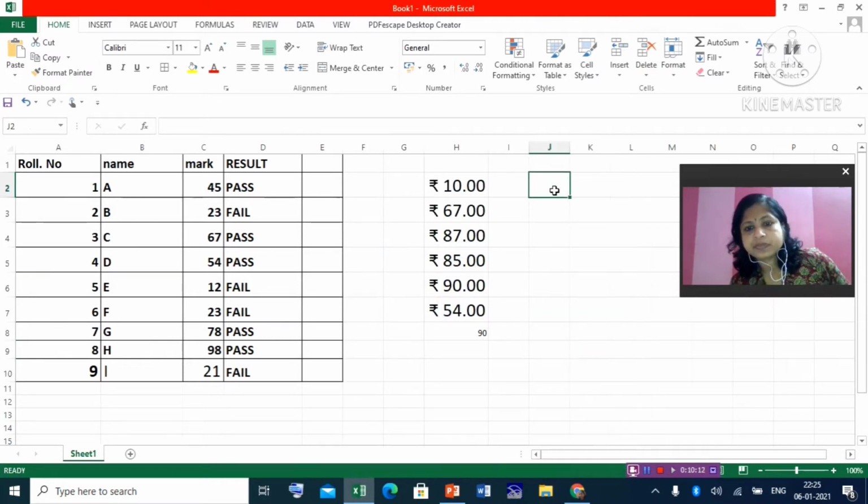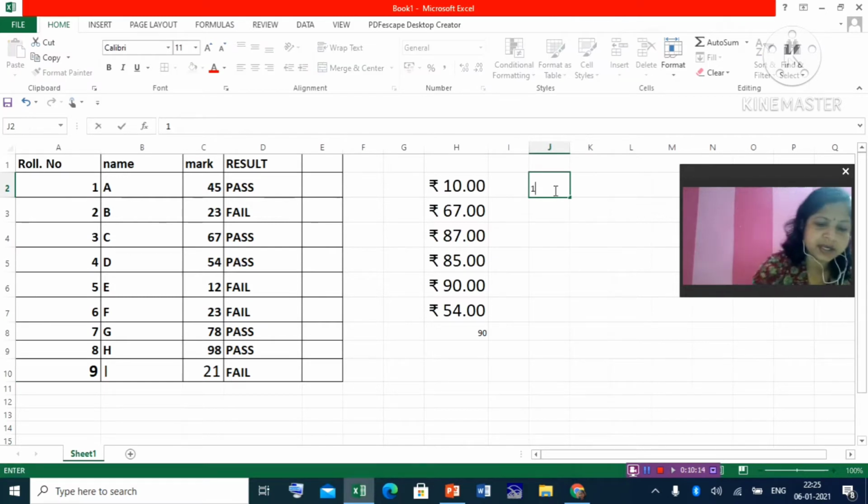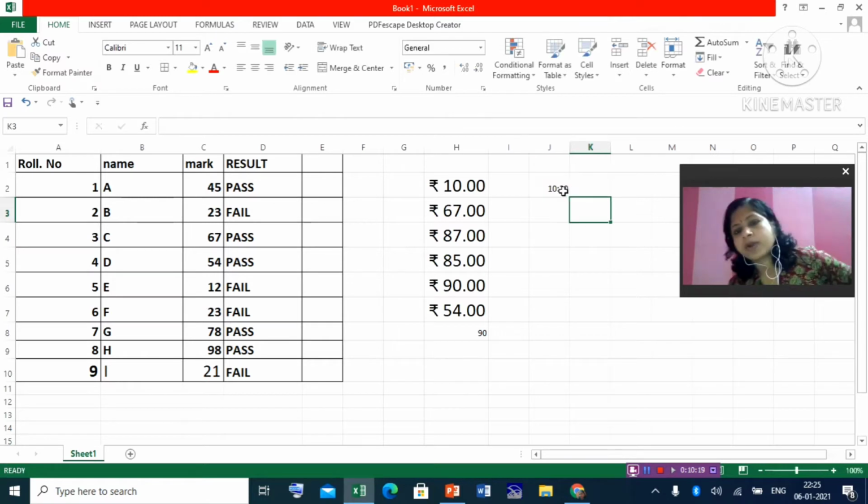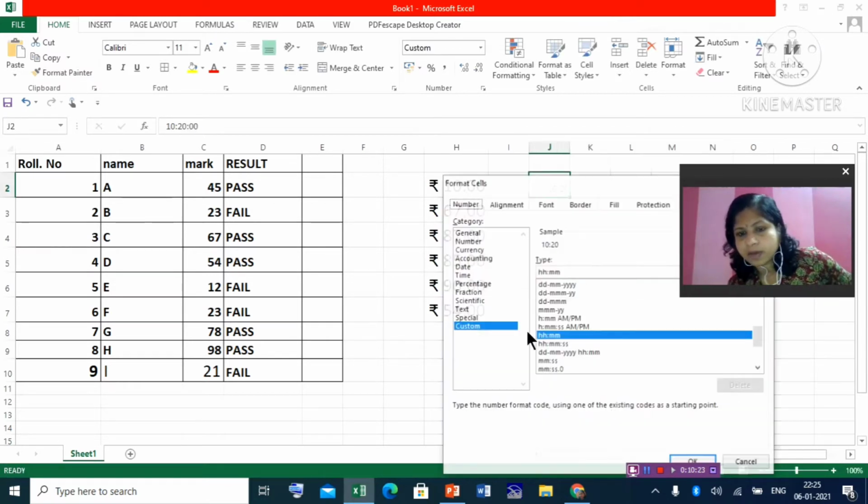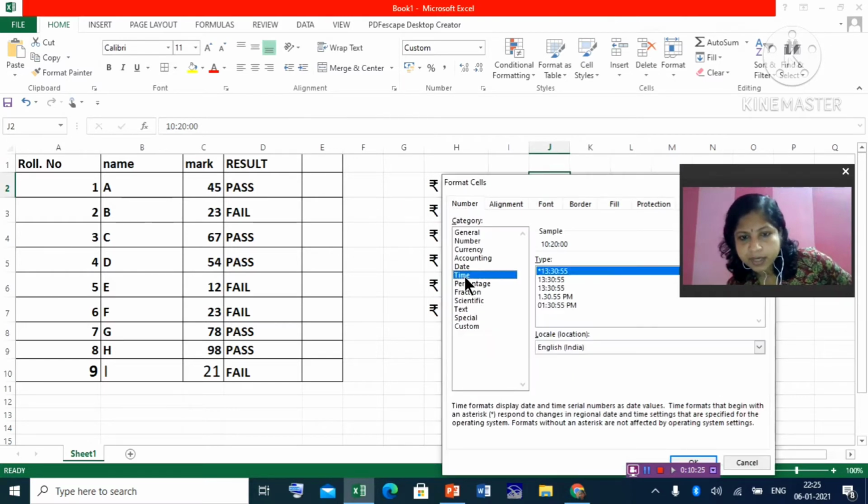Clear? Suppose I want to write here 10, 20. Suppose I want to make it date and time. So right click, go to format cells, and for the data you go for time. This way, if these five formats are available, you can select any one.